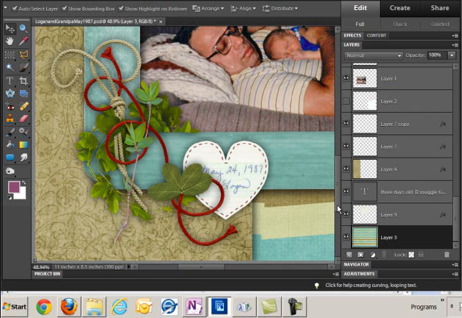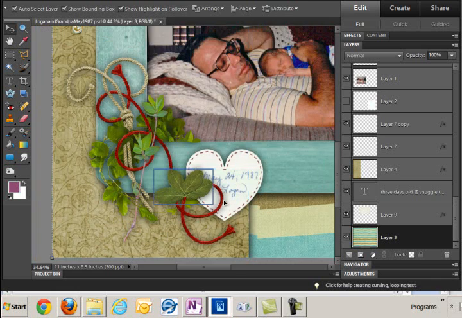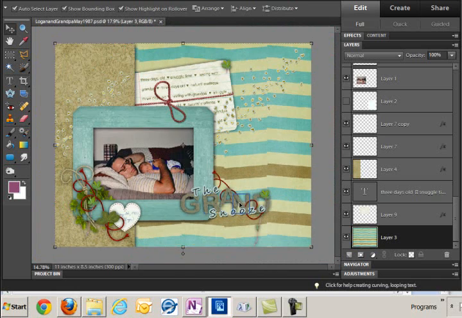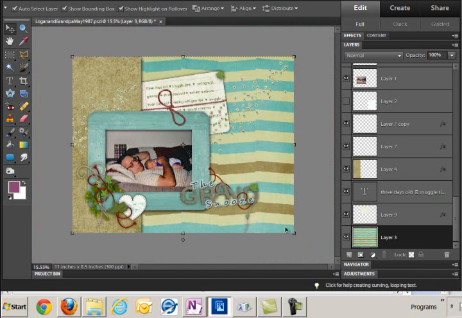The hearts are from, I forgot the name of the collab. Oh no! It's the Hearts collab at Hummy's World, and it's available for purchase right now, and Jody Ann and Janet made it all by themselves and did an awesome job. But I made all of this clustering here in the corner with the pieces in the collab first, and then